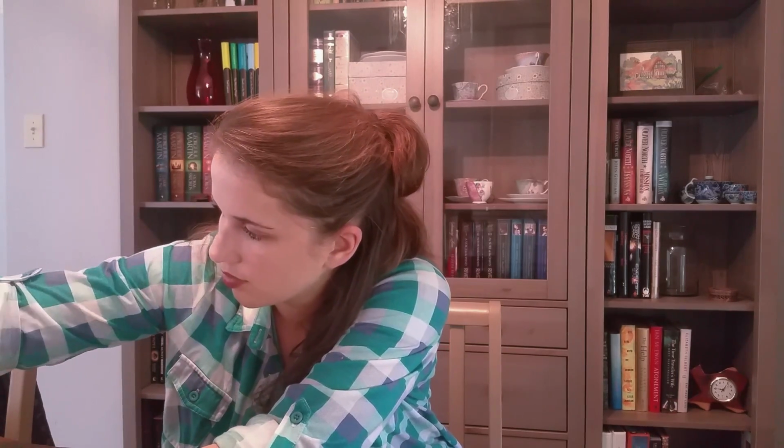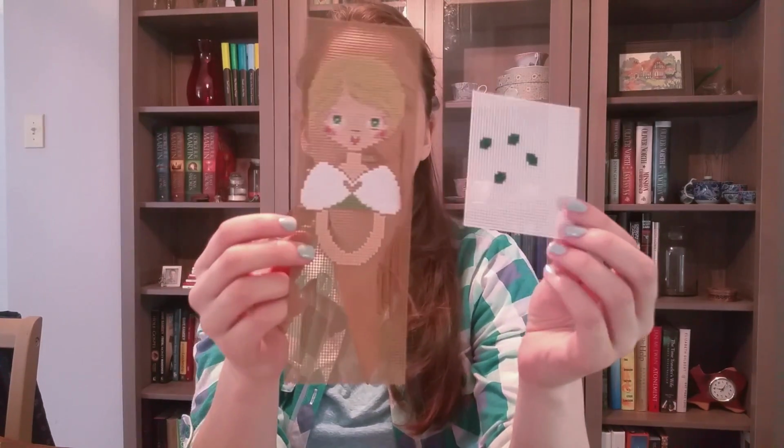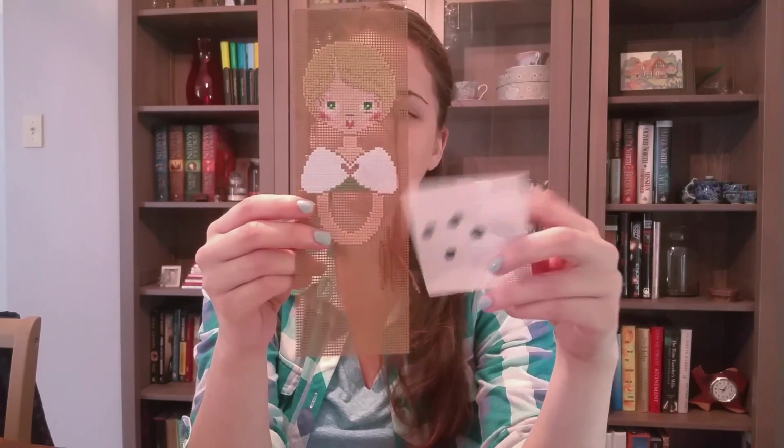I think my last WIP to show is my angel ornament, which I haven't done a whole lot on. But a little bit. Here's my progress on her. Don't ask me what's going on here. I mean, you can. This brown thread, I was starting to stitch the outline of her nose and her eyes,